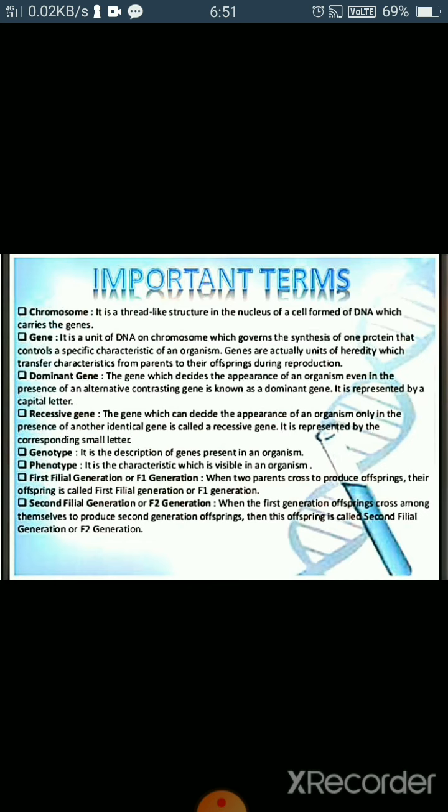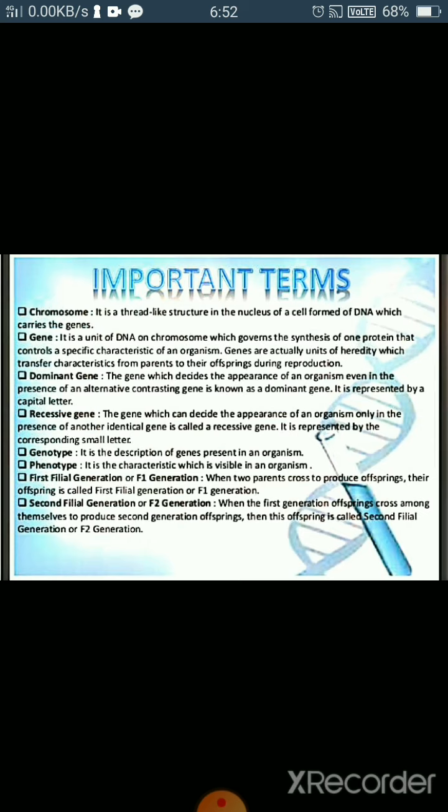The first term in this chapter is heredity. Heredity is the transmission of characters from parents to the offspring, that is, from one generation to the next generation. And chromosomes. You all know that a chromosome is a thread-like structure in the nucleus of a cell, formed of DNA,